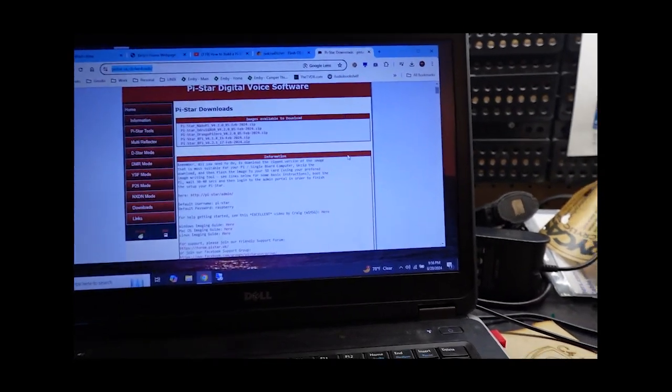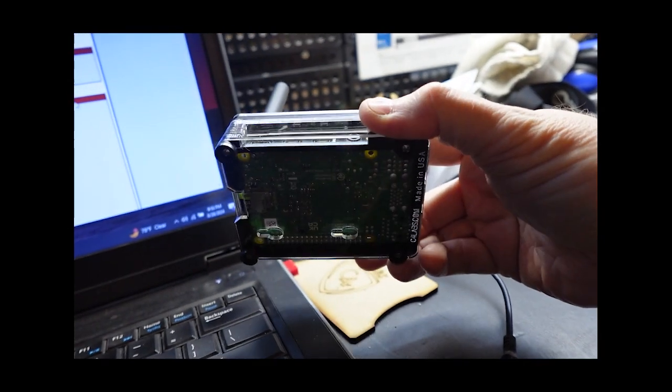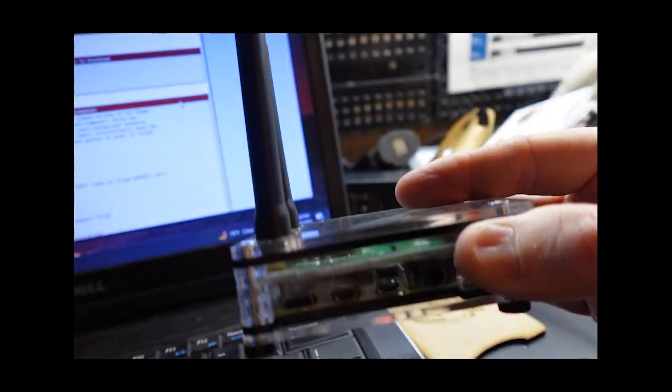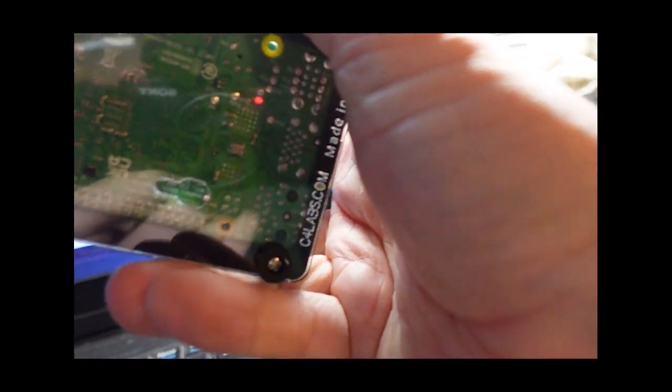Alright, well, I got it written. Did want to go back to something. I found out that those were the actual legs for it, so I put them on. I went ahead and hooked up the antennas, and on top of that, I went ahead and installed